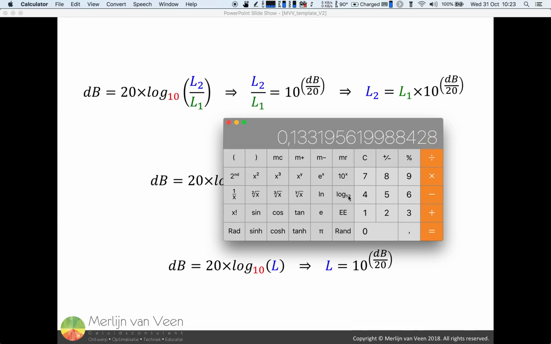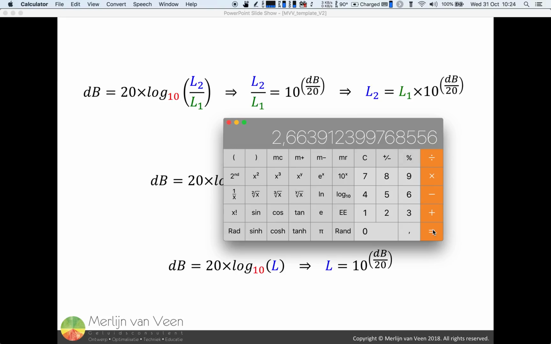I now press this button and multiply the outcome by 20, which gives us 2.66 dB, which is what we saw in the forum post, in the Facebook post on Nathan Lively's page. This is the formal way with a very high degree of accuracy because there's only about 16 or so decimals, values behind the decimals. So this is the scientific way, if you will, of calculating minus 20 dB plus 2